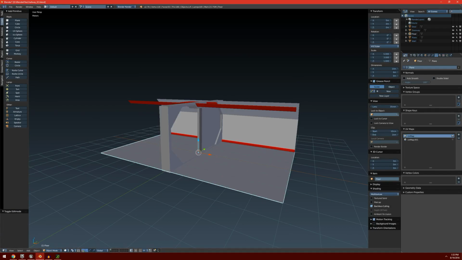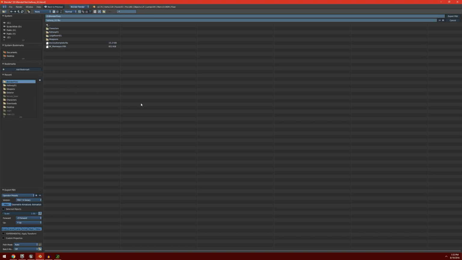So now we can go ahead and export everything out. So I'm going to grab the floor first. I'm going to have that selected. I'm going to go to File, Export, FBX. And I want a new folder in here for this hallway